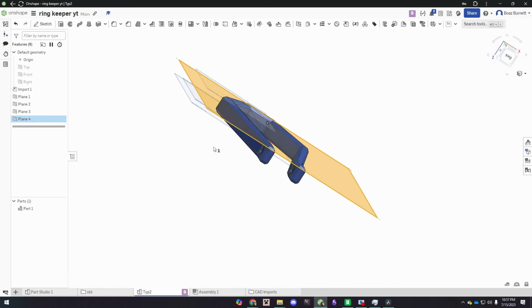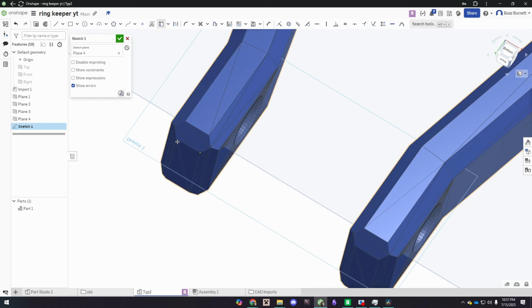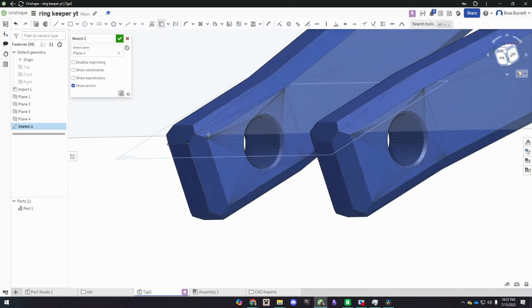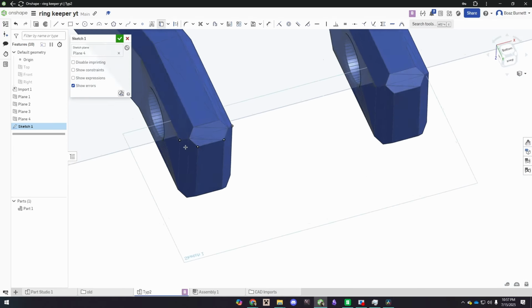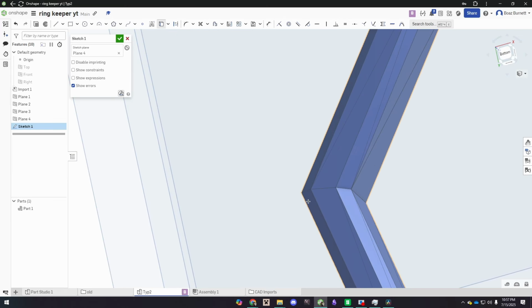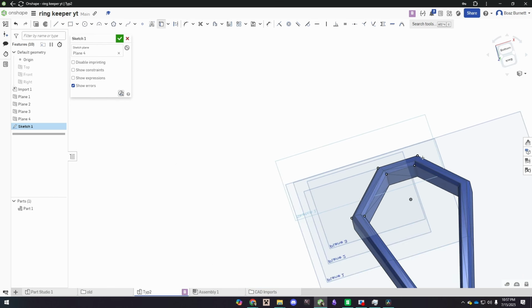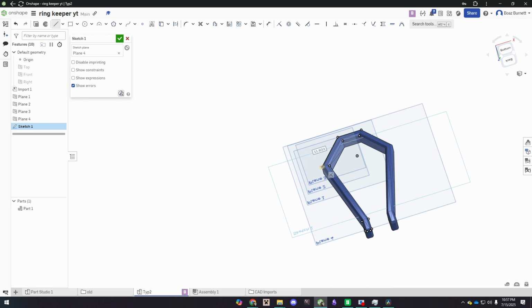So selecting this top plane right here, I'm going to create a sketch, and then I'm going to push the U key, which corresponds to use project / convert. I'm then going to select all the corners that I can see that are all on this level. So right here, and then over here on the corners as well. And then 2 more, just so that I can kind of draw across, and then create, using the line tool, a path for my